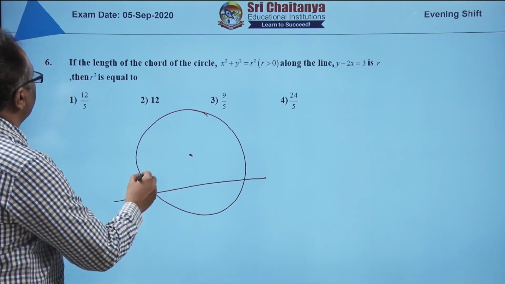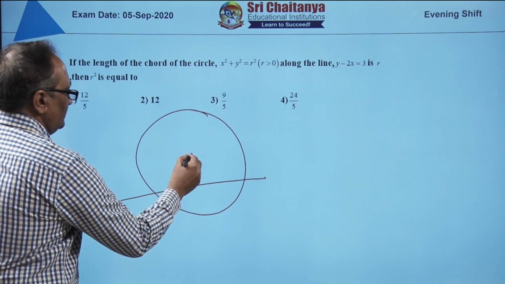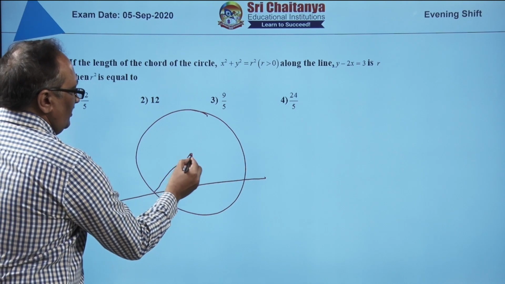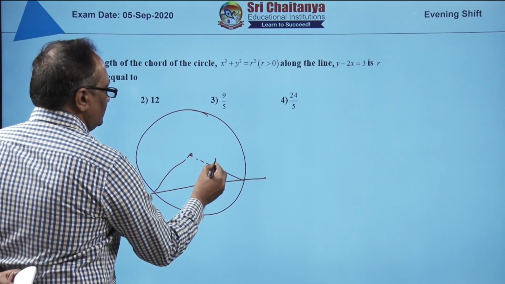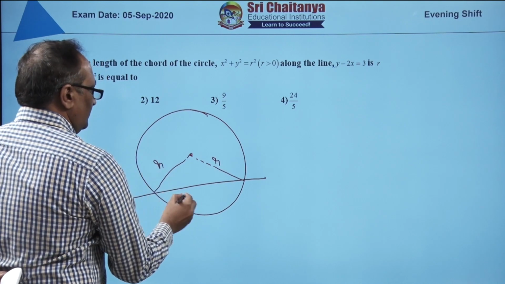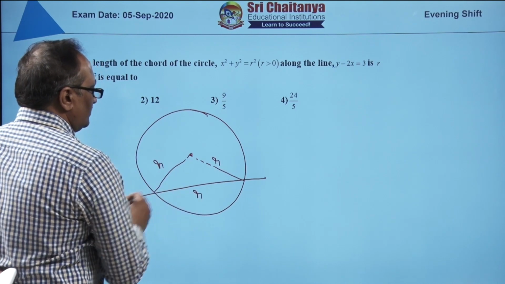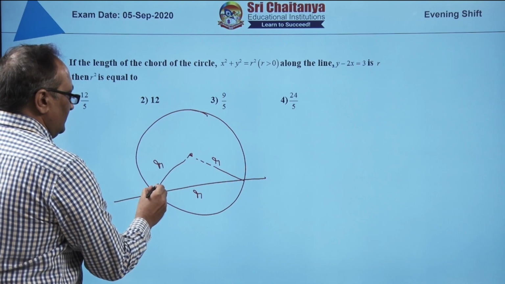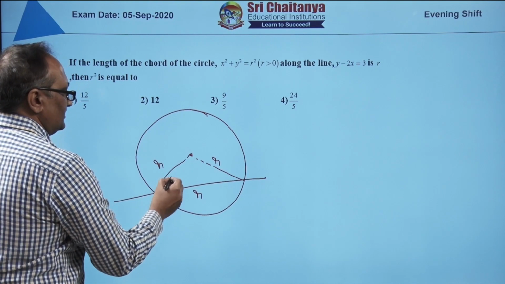Check the diagram once again. Center is origin, the distance from origin to the line is nothing but r, this is also r. Length of the chord is r, which means this total triangle is an equilateral triangle, you can say all the sides are equal, this is 60 degrees